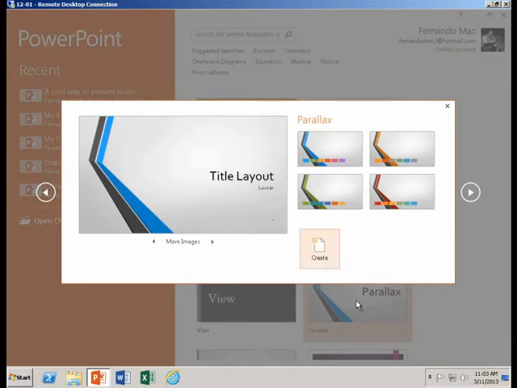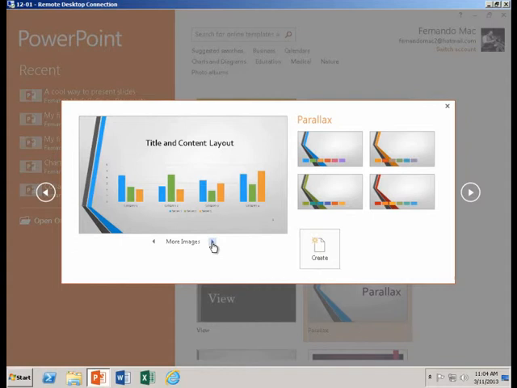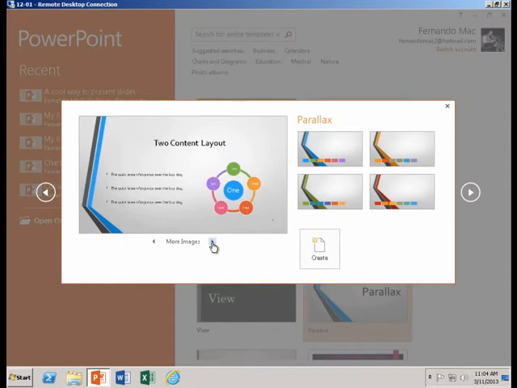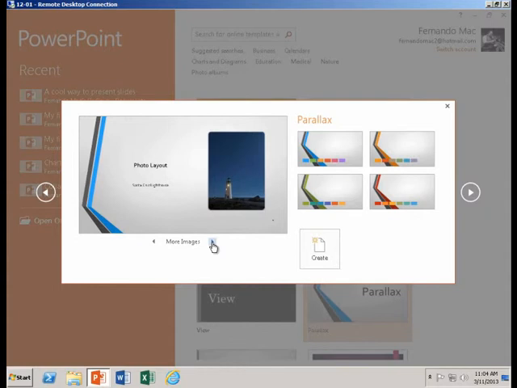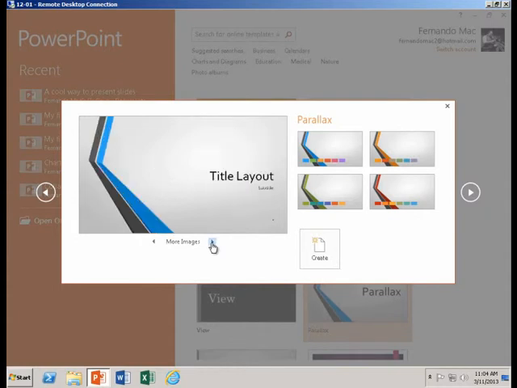I get to see that little preview that we saw in Module 1. I get to see a sample of the title slide, which in older versions of PowerPoint was the only preview that I had. Here in 2013, I can also see what some of the other slide layouts will look like. For example, layouts that would have charts, layouts that will have SmartArt, layouts that will have pictures. So I get to see ahead of time what things will look like, and then over on the right hand